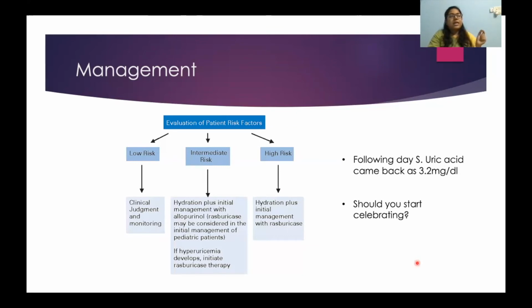If you are collecting the sample at room temperature, try to analyze it within 5 to 10 minutes. If you are not able to analyze it that fast, better collect it at 4 degrees centigrade and maintain the cold chain for transportation of the sample till it is analyzed. That can prevent the spurious low serum uric acid level because of the action of rasburicase.